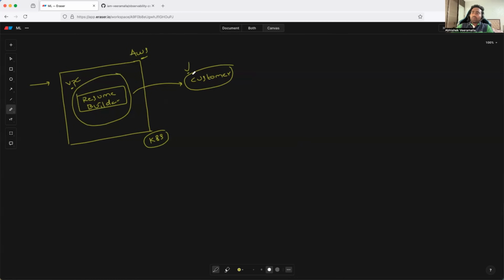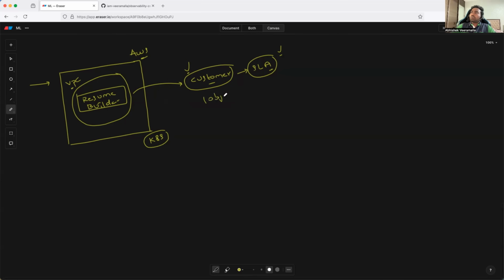obviously, when you find a potential customer, the customer will say that there are other resume builders in the market. Why should I go with your resume builder? My employees can use any other resume builder. So you would tell the customer, okay, look at our service level agreement. If you are not from SRE background, service level agreement, you can understand as a basic agreement. So your organization will tell the customer, we can sign a service level agreement with you, where in the agreement,